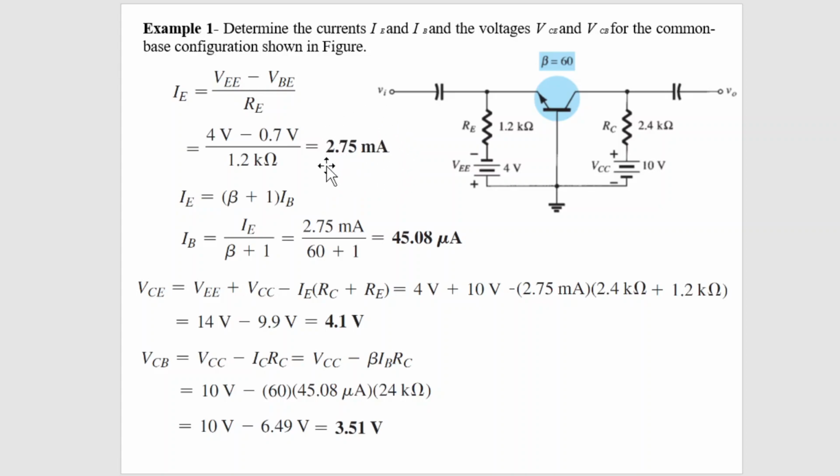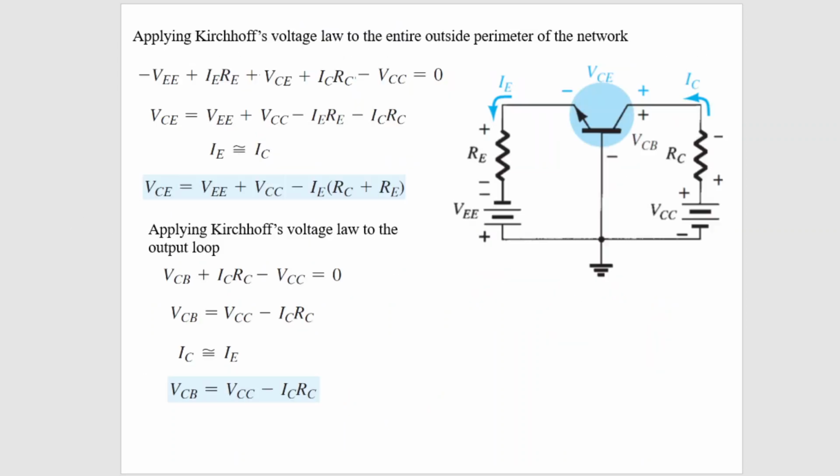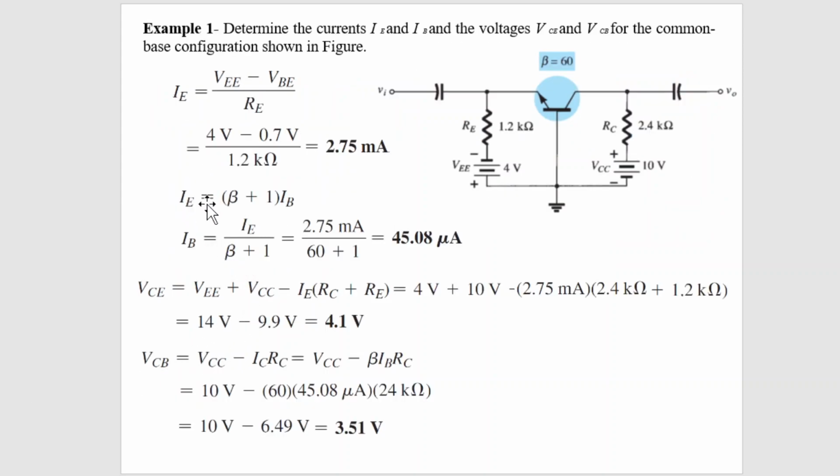Now once the emitter current is known, we have a relation between emitter current and base current that I have introduced in previous lectures, and even in this lecture also. If you recall, though this is basically a common base transistor, in case of common base transistor the current gain parameter is basically defined as alpha, but in this given numerical problem, beta is given.